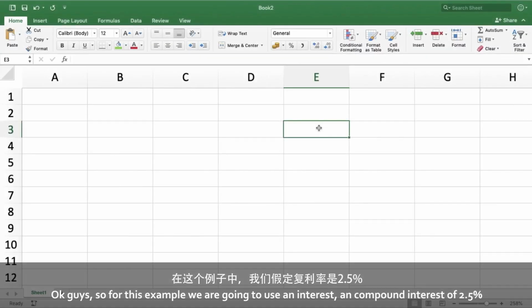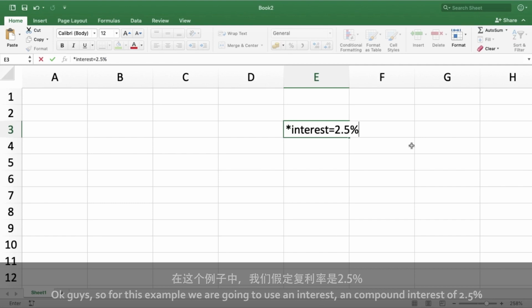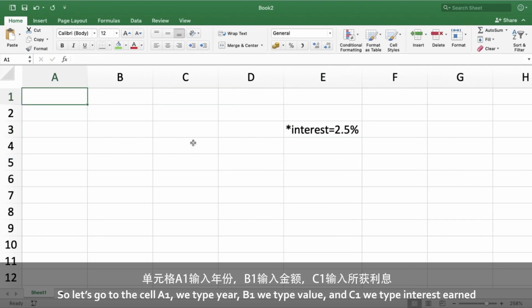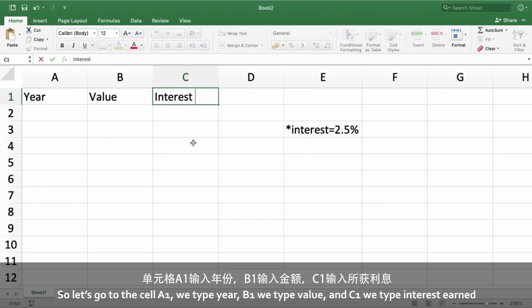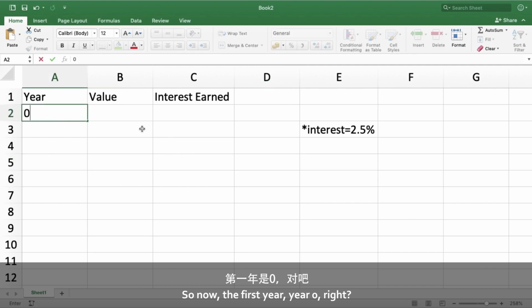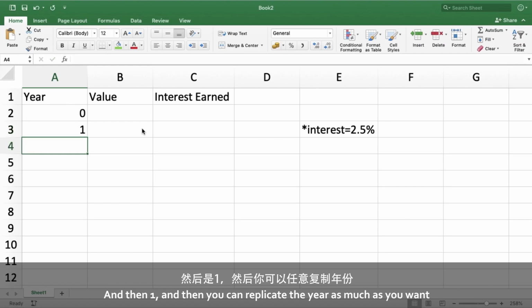Okay guys, so for this example, we're going to use a compound interest of 2.5%. Okay? So let's go to the cell A1. We type year. B1 we type value. Okay? And C1 we type interest earned. So now the first year 0, right? Then 1,